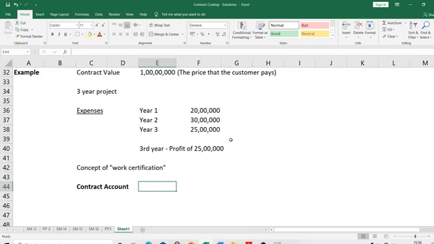In that contract account, all items of expenses or cost incurred with respect to that contract will be collected, revenue will be collected, and thereby that contract account will also show the profit. So I can say a contract account is like a mini P&L account. For one contract you're preparing a P&L account. Then finally when you get a profit or loss from that, it will be transferred to the main costing P&L account. We will look at that a little later.